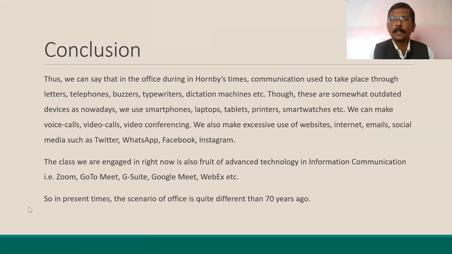Then later on, you had a proper system in the British era, and then you have the postal system. Now in the office, we have seen what equipment is used, like letters and buzzers and telephones and typewriters and dictation machines. Though these are somehow outdated things, still they are useful because they have given their contribution in the development of this